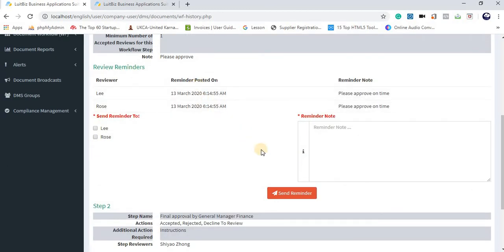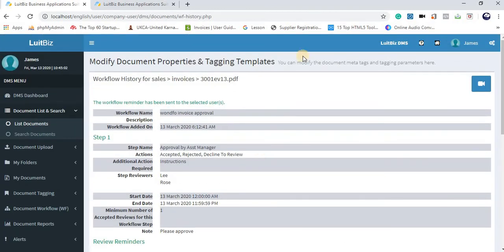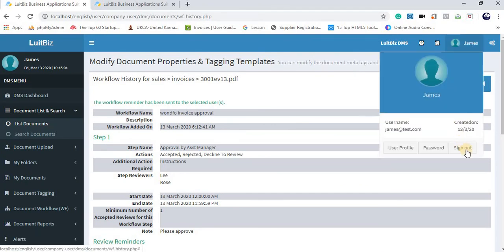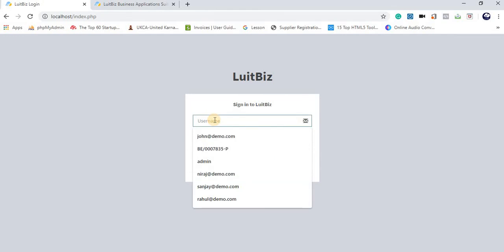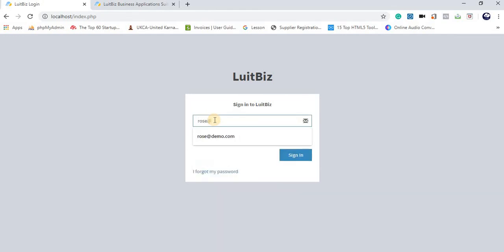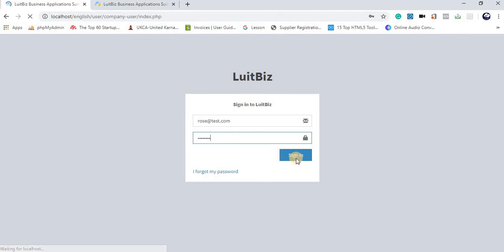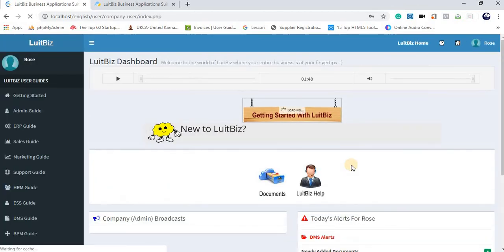Now let me log out as this particular user James, and log in as the user, let's say Rose. So I log in as the user called Rose, and